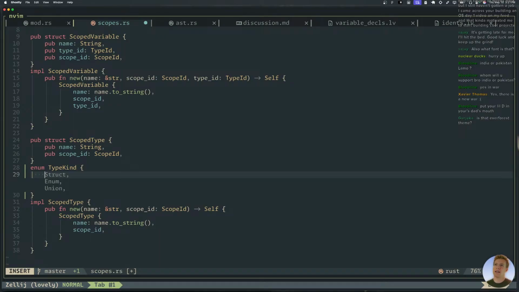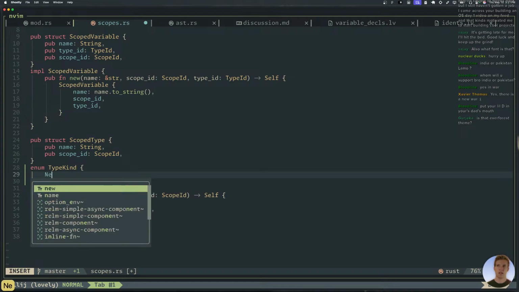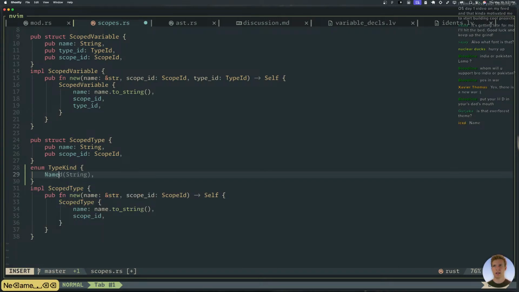If I make it, what would you call it if it's just a name, like ident or primitive? It's not necessarily primitive. Name. All right, I'll do name.